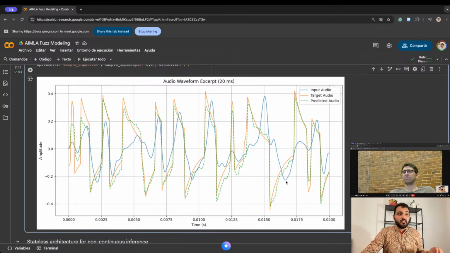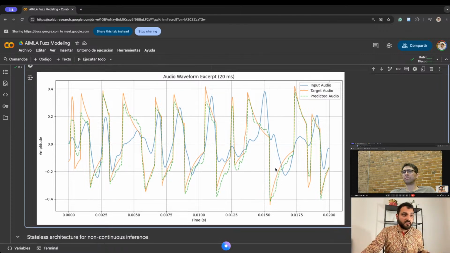So much so that it's going to sound pretty similar. So this is what happens when we run the model. We call it only once on 20 milliseconds of data. It could have been 20 seconds of data, and it shows a response pretty similar to the target, which means that the model is trained. And we can run it directly on PyTorch when we have the audio available beforehand.